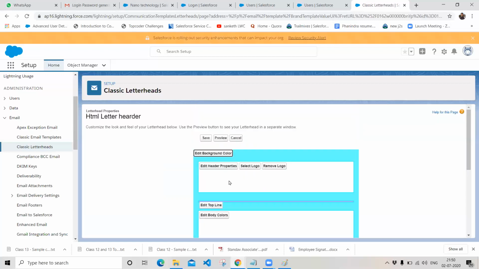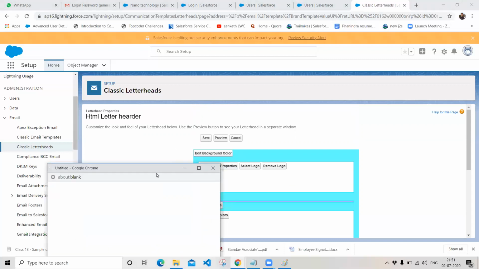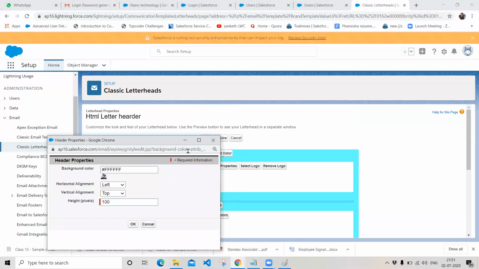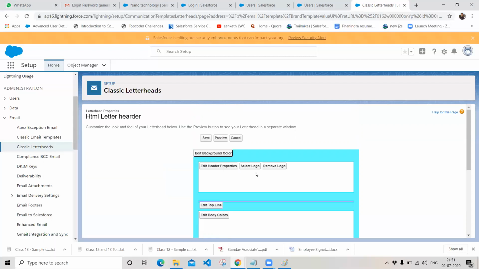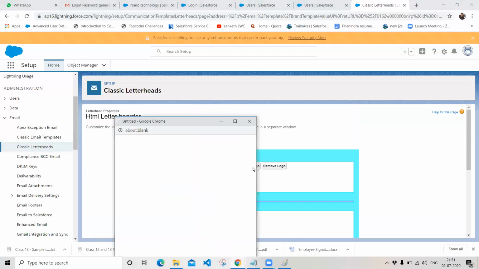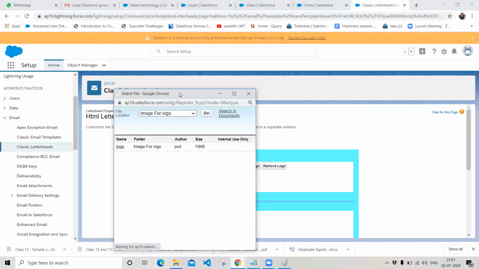And if you do want to add any logo, you can add your logo by selecting logo. And if you do want to edit any of the header properties, like where this logo wants to be, you can select over here. For now, let's add a logo so that you can understand how the properties are working.